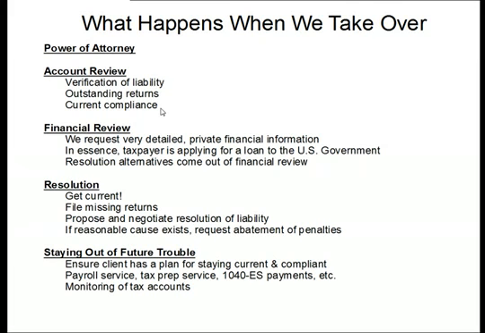The next step is putting the taxpayer into a situation where they stay out of trouble in the future. We have to put them onto a plan for staying current and compliant. For a business with payroll tax liabilities, this almost always means getting them set up with a payroll service. If they've had issues with not filing their returns on time, then we need to get them into a tax preparation service that reminds them, hey, we need to get your taxes done. If it's a self-employed person, we'll do up their 1040 ES vouchers so that they can make their quarterly estimated tax payments.